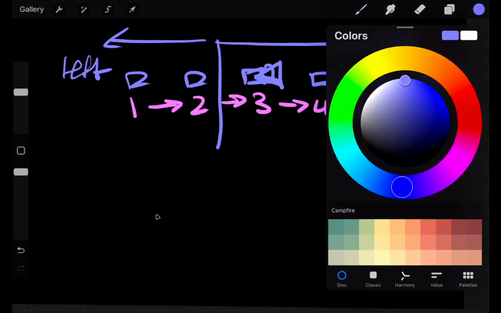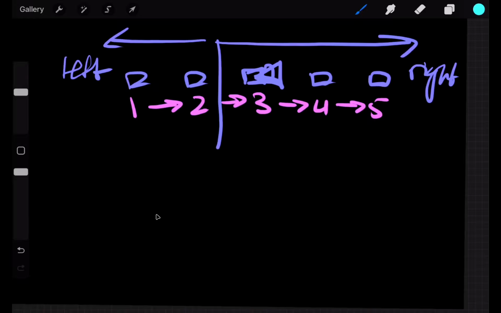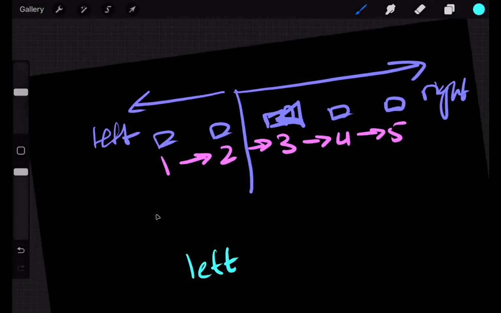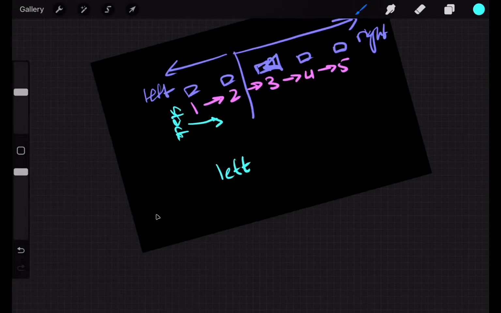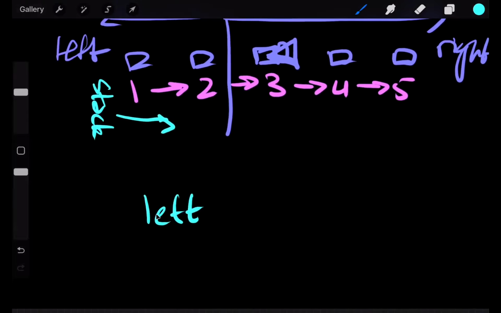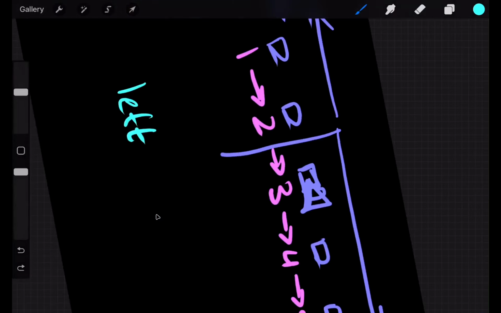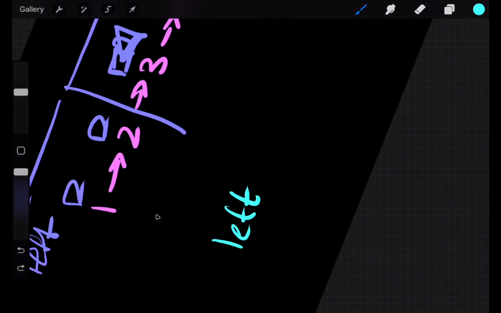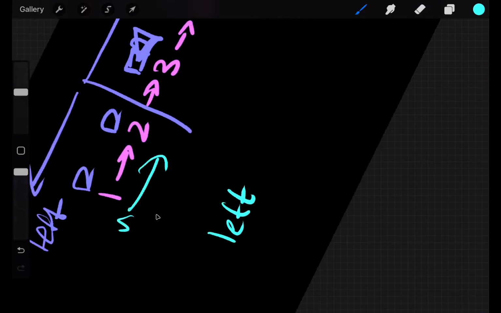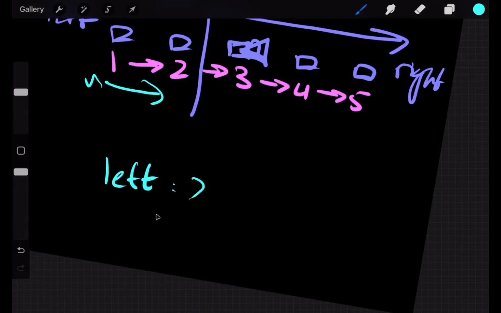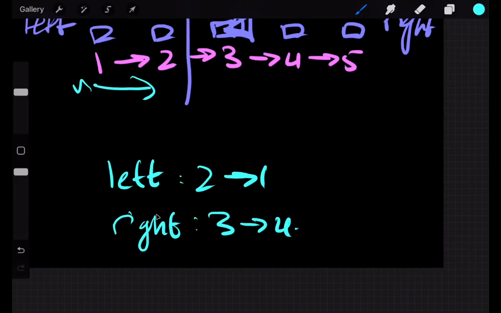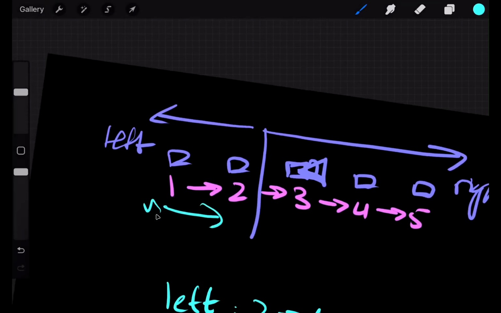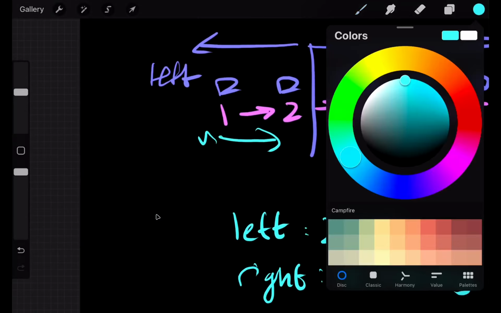If we have this, then we can say that the left is going to be a reverse stack, because the stack goes upwards. We're going to say our left is going to be 2 and then 1, and then our right is going to be 3, 4, 5. So now let's say we call the function